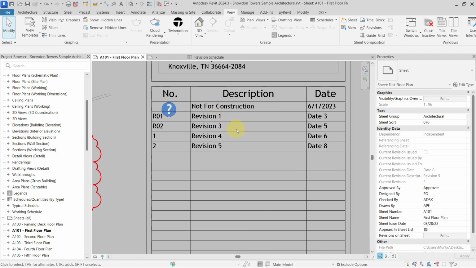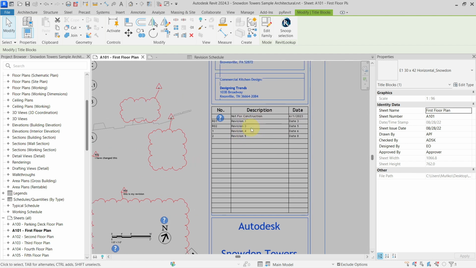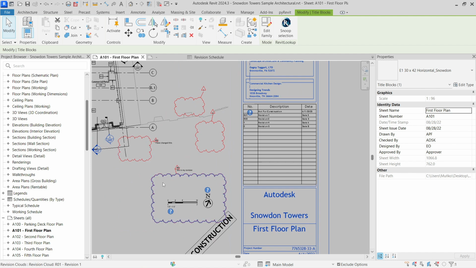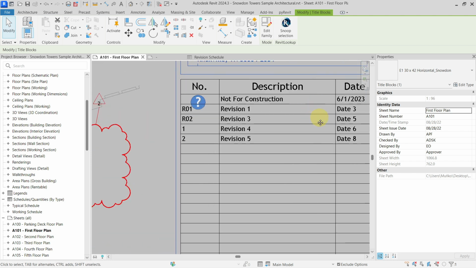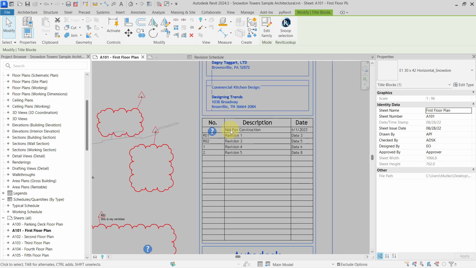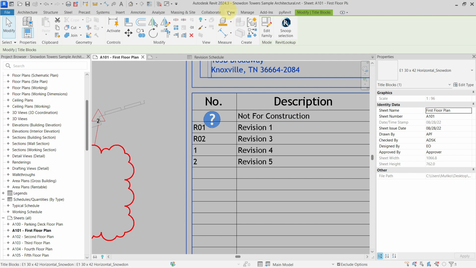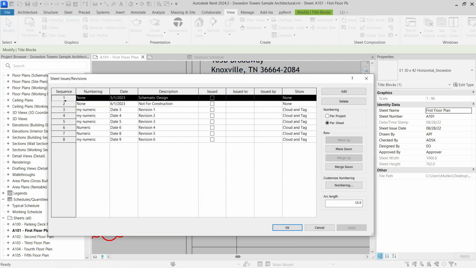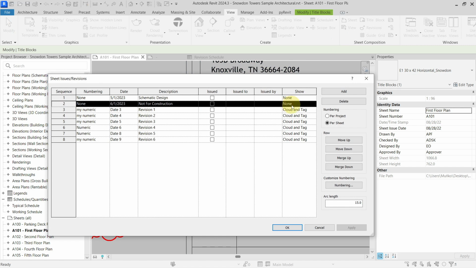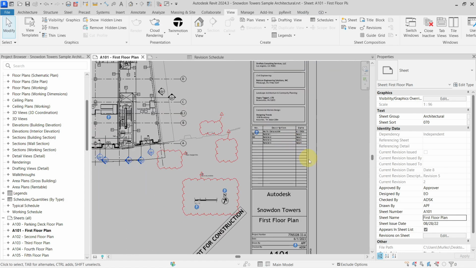And if we have this revision schedule placed in our title block, you can see if I select this, it's actually in the title block. It will go and pick the revisions that are placed in the view or sheet and schedule them. You can see that actually I have here one revision that is not placed in here, that doesn't have any cloud, and that is this Not for Construction, which can be found in here. Not for Construction, you can see show none and numbering none. So how it is possible that it is actually showing in here is because